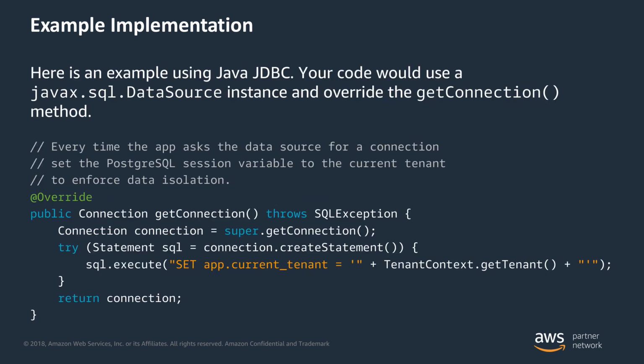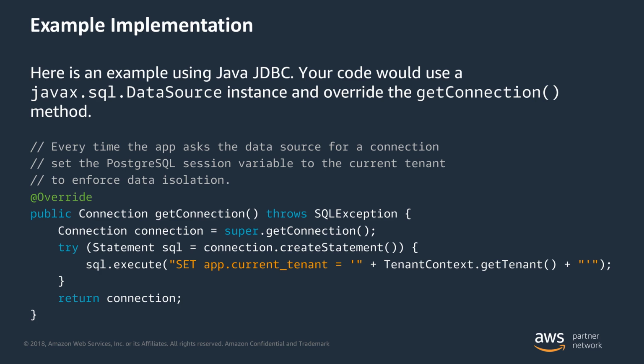Here I'm showing an example that's using Java database connectivity. This would be very similar in other languages that all have this concept of a connection handle. And normally you would pool your connections in your code, but if you dig into how your database connection pool software works, eventually the pool calls get connection. So here what this is doing is it's overriding the default get connection setting, and it's getting the connection to the database. But the very first thing before it hands that connection back to any calling code is that it issues that